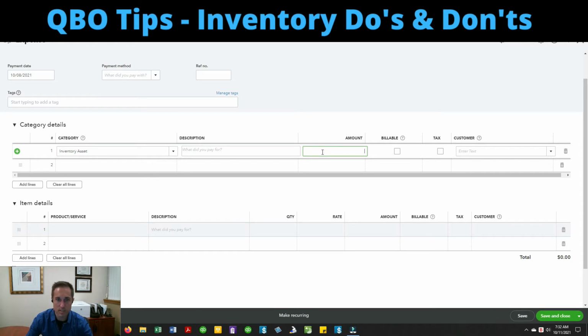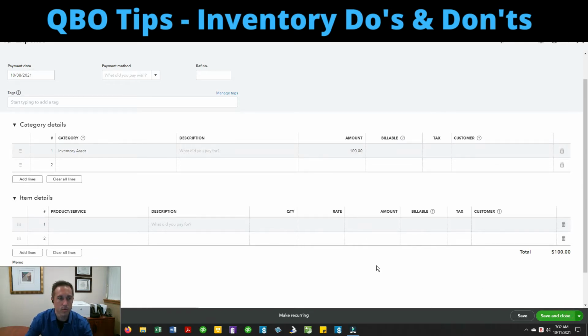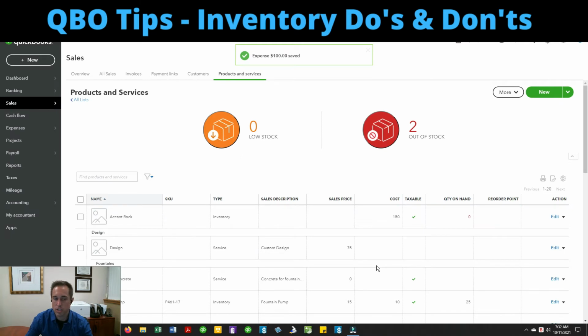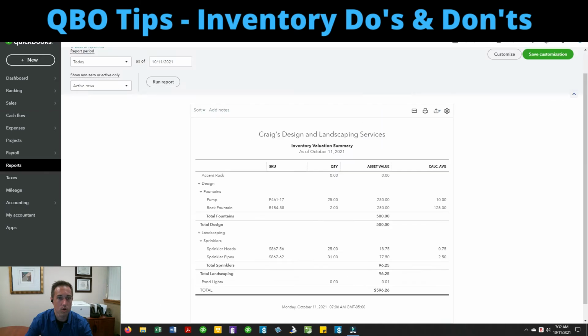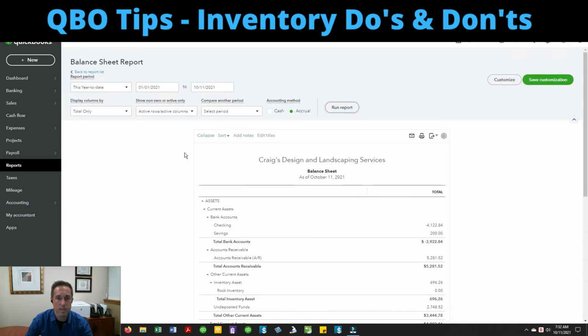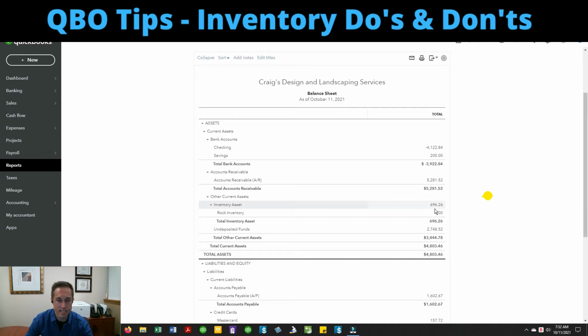And this is because if you do that, and let's say I put $100 to inventory asset here, what's going to happen is your balance sheet and your inventory valuation summary aren't going to match. So if I pop over here and I update my inventory valuation summary, 596, and if I update now my balance sheet, 696. So we're in the same system, but you've thrown it off.